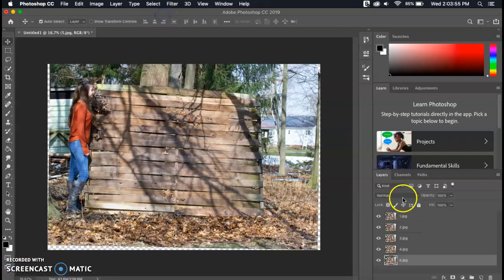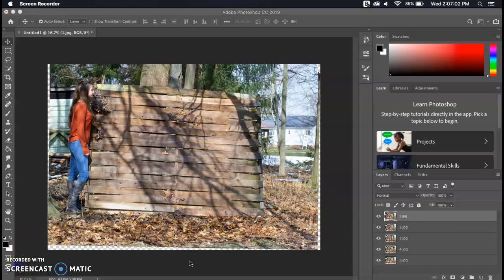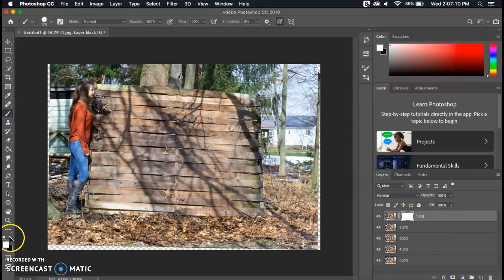So now all of the pictures are in order here in the layers panel, and I'm just going to go through each of them and treat this as a normal multiplicity picture. So I'm going to bring all of my clones back first before I start hiding some of the layers and making some of the cutouts. To get started with this, just make sure that you click on your first layer, add a mask, grab your paintbrush, make sure the top color is set to black, and then at the top of the screen it should say normal and 100% opacity. But then go ahead and paint out your first clone,